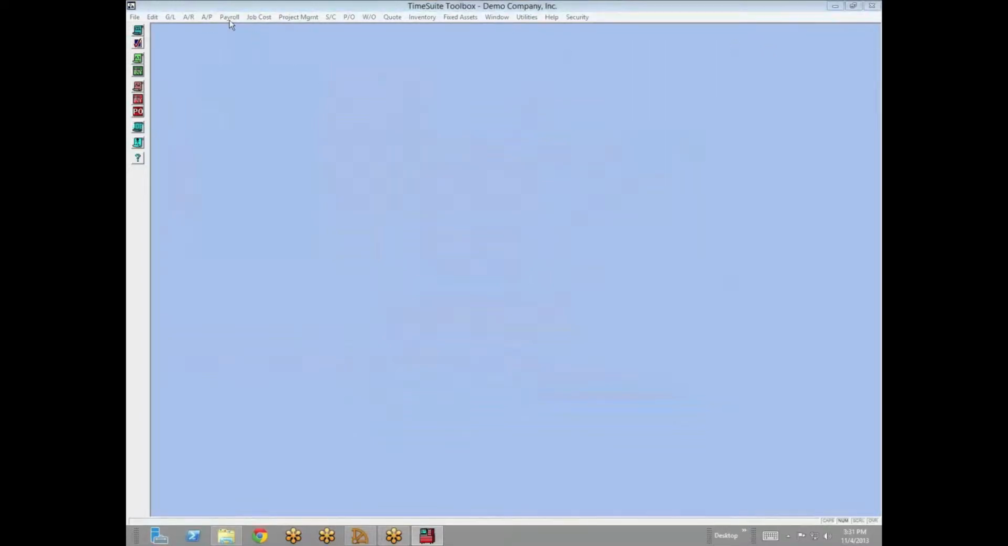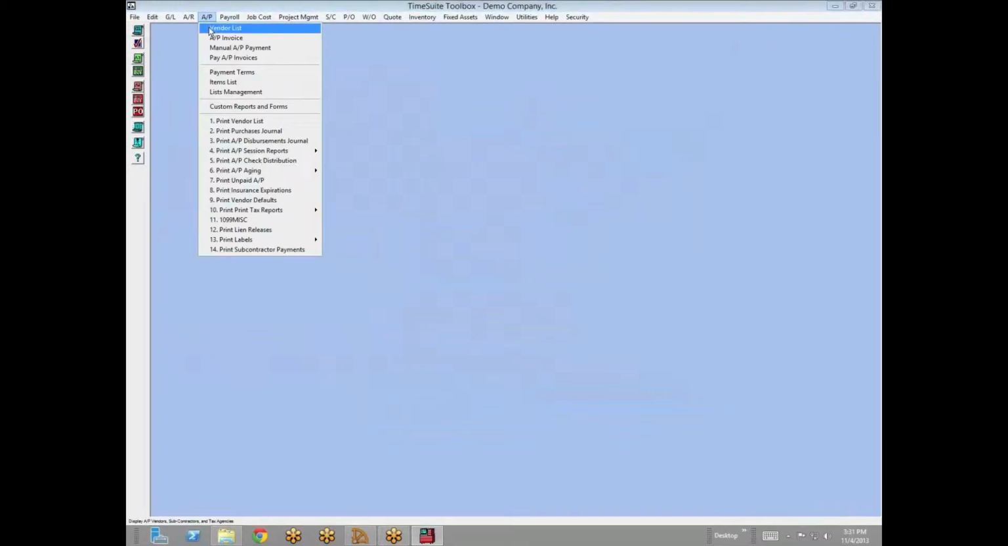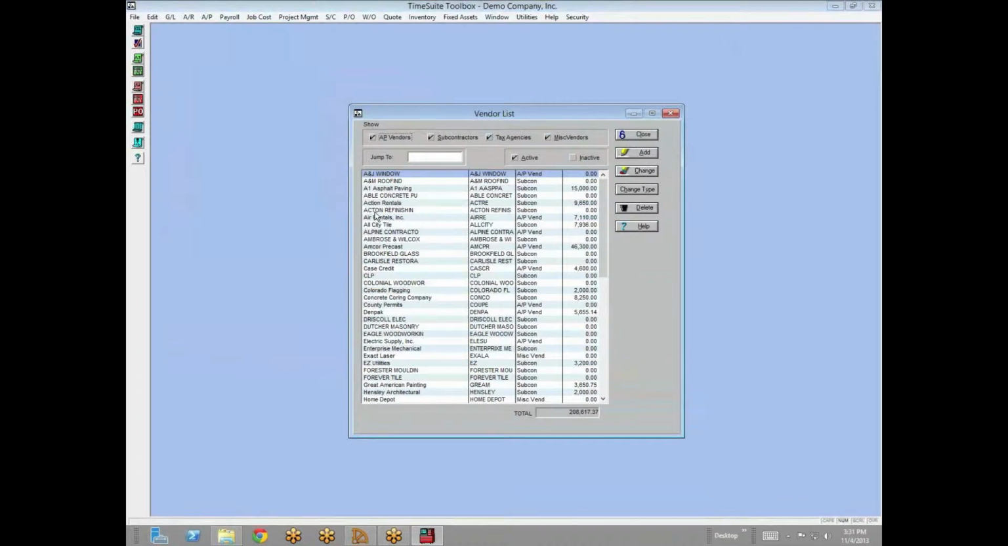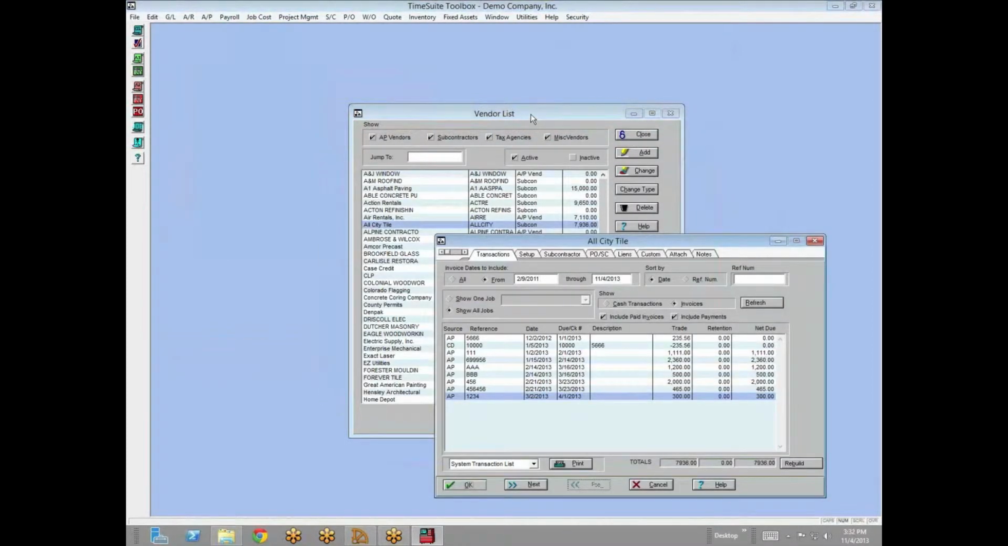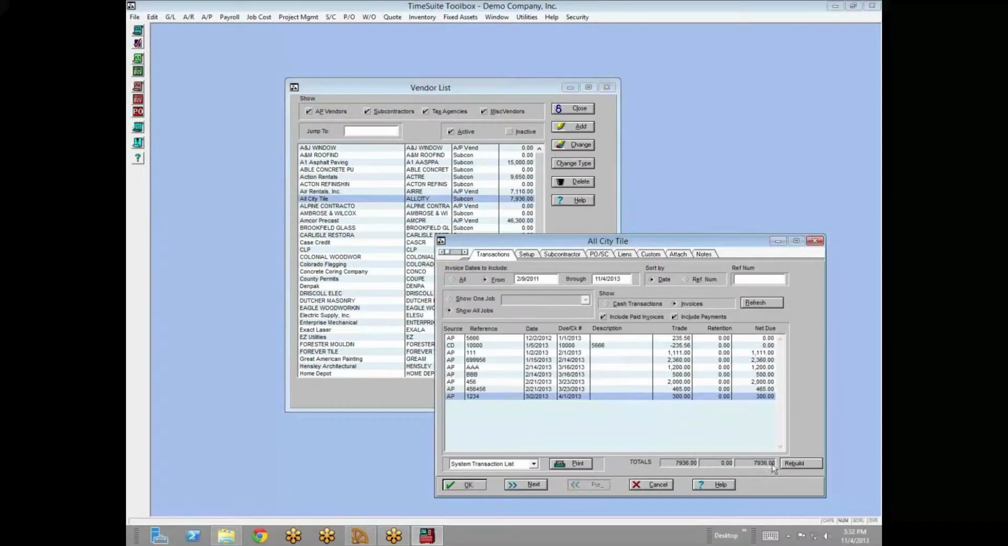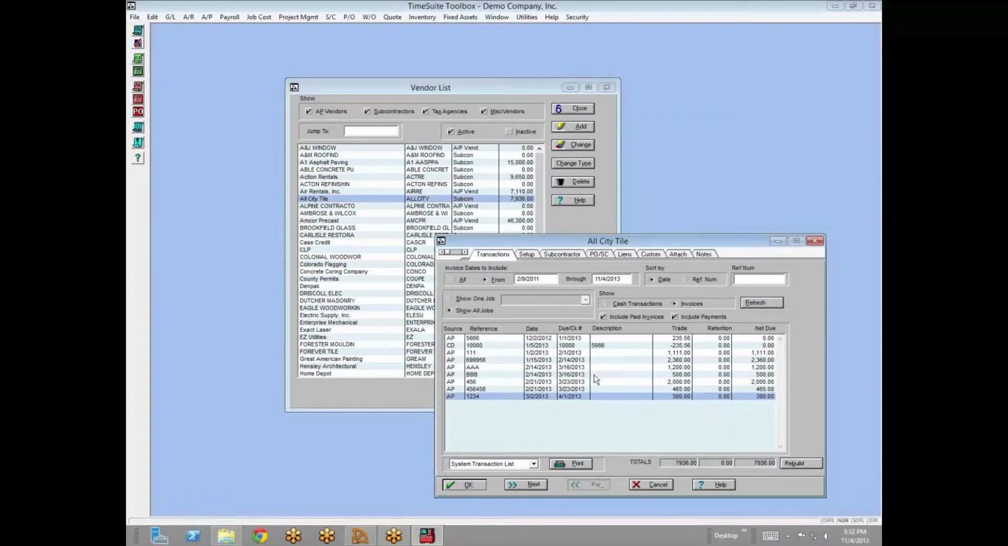The next concept we're going to illustrate is 4 ways to generate a check. I'm going to go AP vendor list, and I'm going to select All City Tile as my vendor. I get a ledger here, $79.36. $79.36 is what I owe. I'm going to double click on the invoice,